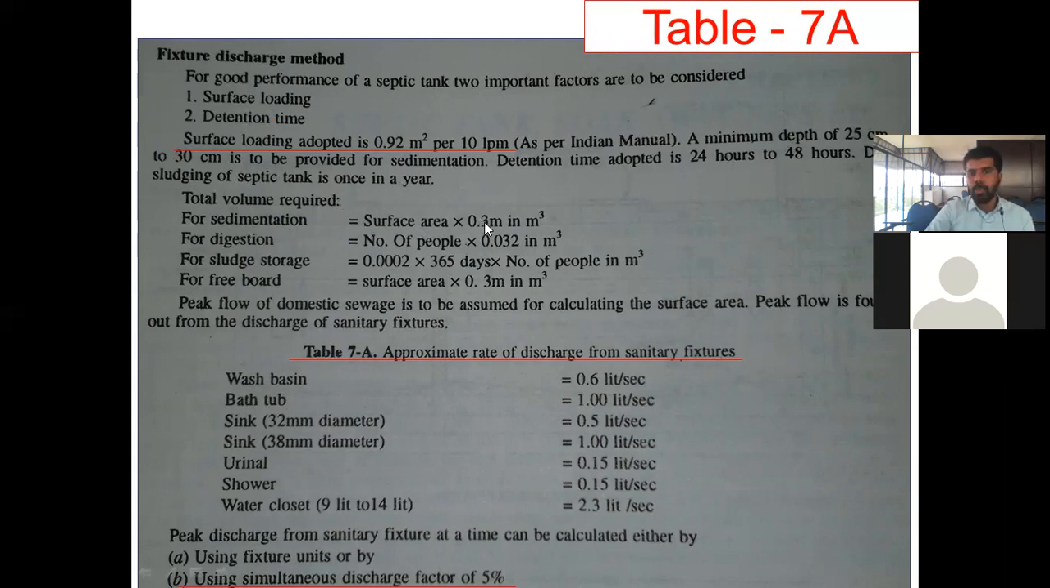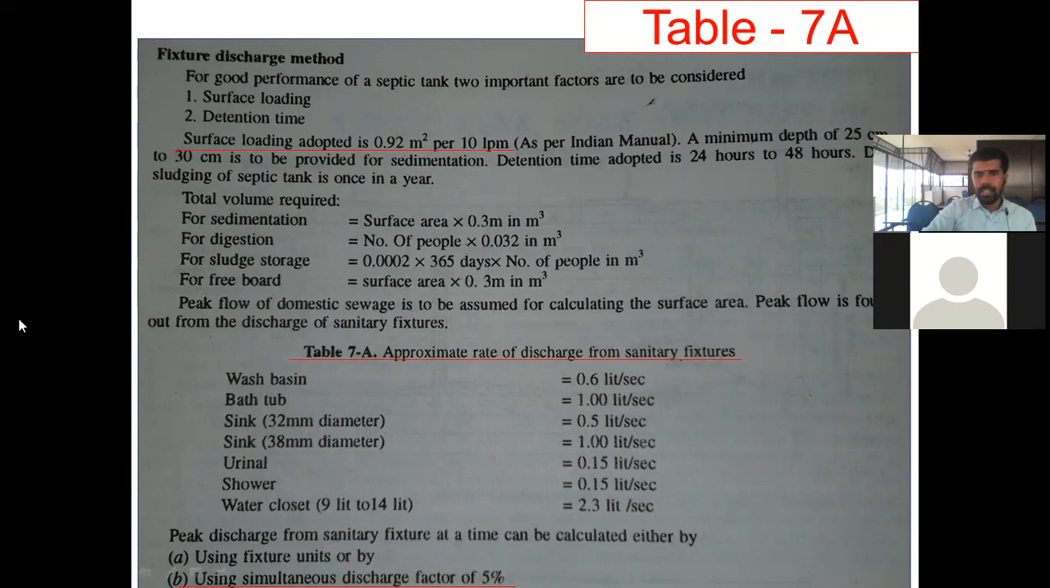For sedimentation, surface area into 0.3. For digestion, number of people into 0.032. For sludge storage, 0.0002 into 365 days into number of people. For freeboard, surface area into 0.3. Okay. Now another thing that you have to know is that peak flow domestic sewage to be assumed for calculating